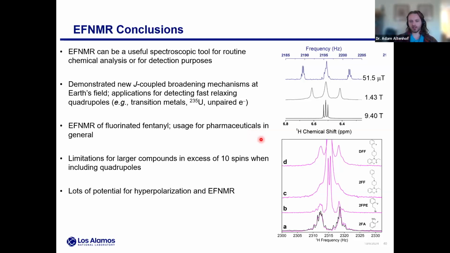Just want to comment that this work was pretty cool to me, because if you look at a lot of low field literature, there's a lot of work on really small compounds, maybe on carbon labels, on alcohols, things like this. So looking at significantly larger compounds at natural abundance is kind of interesting. Certainly interesting for material science. About 30% of all pharmaceuticals are fluorinated anyway, and certainly there are lots of other coupling partners to consider.